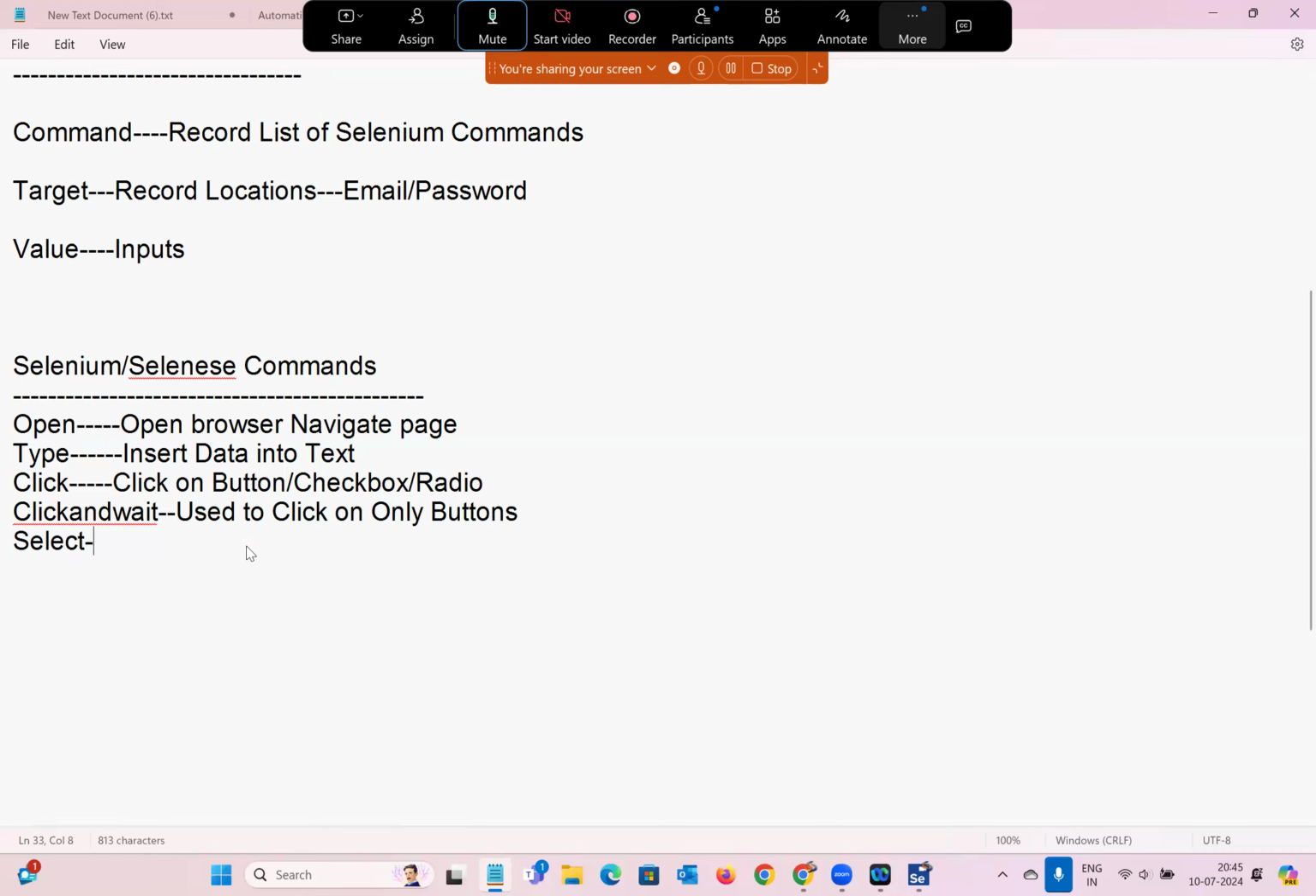Buttons. Next, select. It is used to select a value from a list box. Once again, open the browser, navigate to the page, insert data into a text box, click on a button, checkbox, as well as